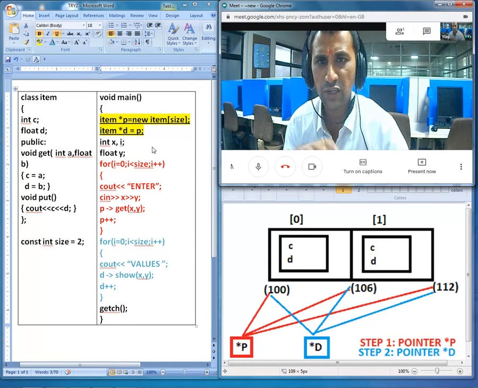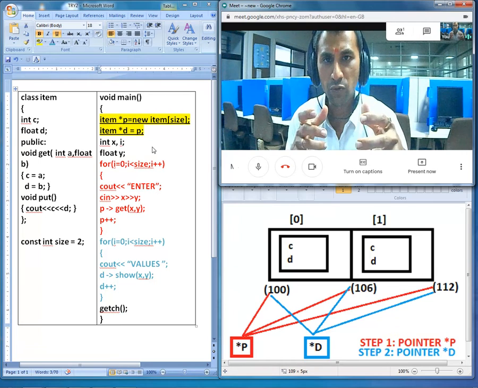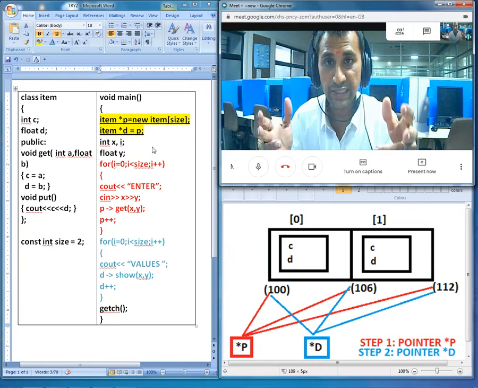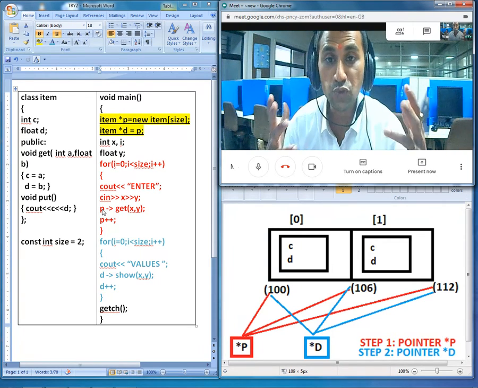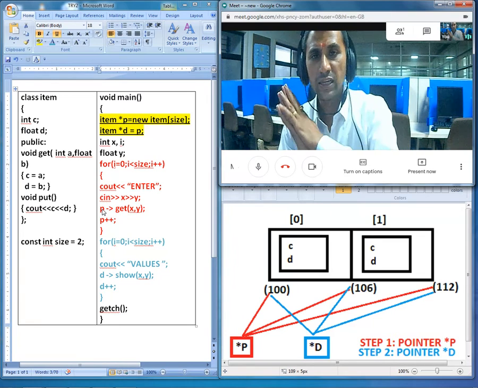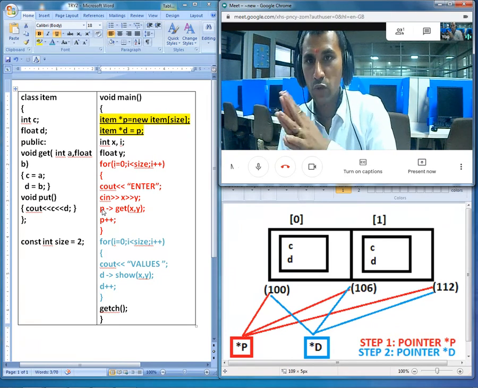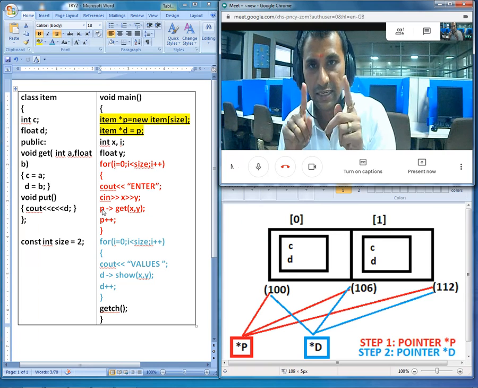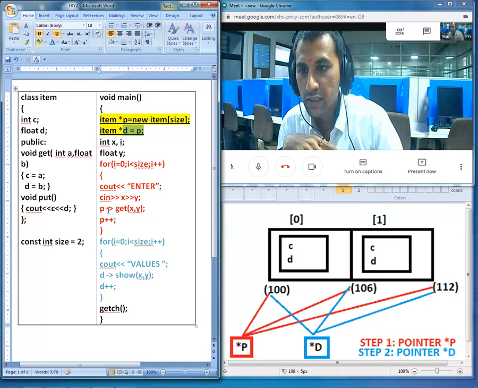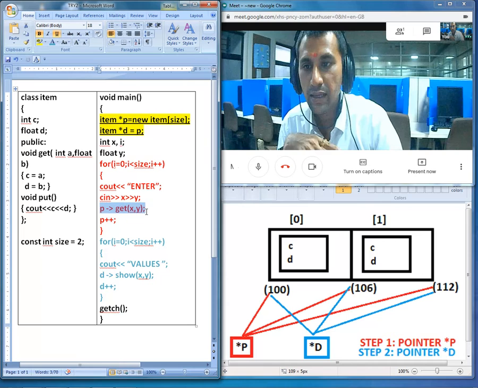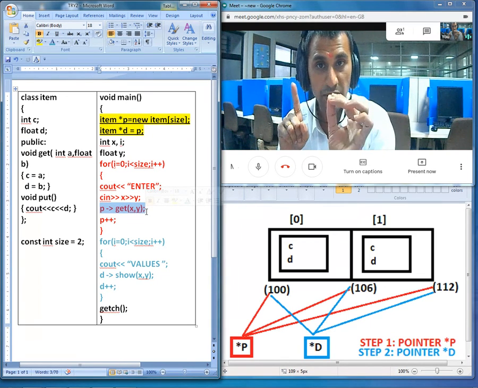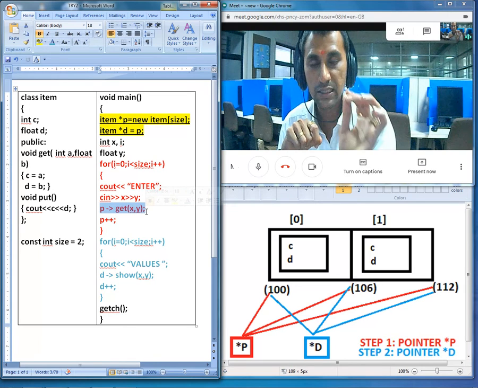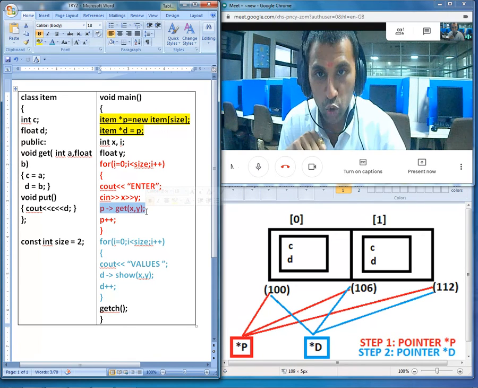Right next to that, we are going to get some values from the user. We are going to store them temporarily in some variables x and y, and then we will be making function calls. This time the function calls are made using the pointers. There is a rule: while making function calls using a pointer, we compulsorily have to use the arrow operator, just as shown in the code. That means pointer, arrow operator, and function call. That is the syntax for making a call to the functions.